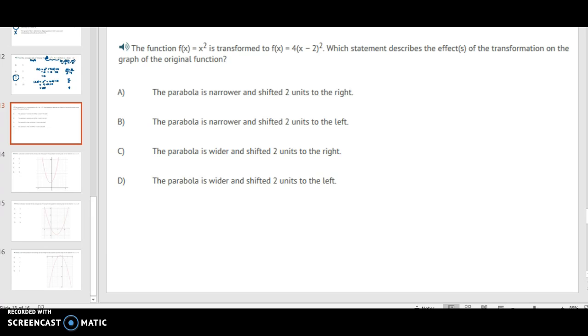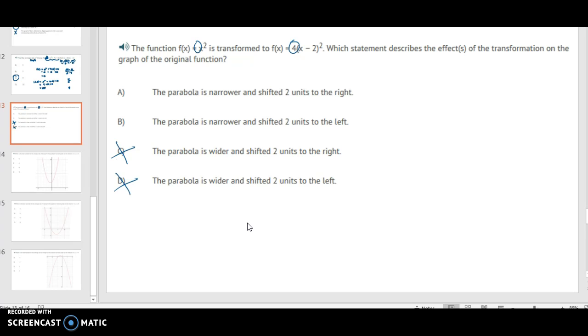transformations. Alrighty, so when I see this was my parent function, and this is how it changed. So let's talk about things that changed it. First thing I tell myself is I had nothing in front of that x squared, and now all of a sudden I have a 4. So all of a sudden I have this 4, so that means more people are pulling on the rubber band. It is going to narrow or stretch my parabola. So when I look at this part, I'm like, I can go ahead and get rid of the ones that